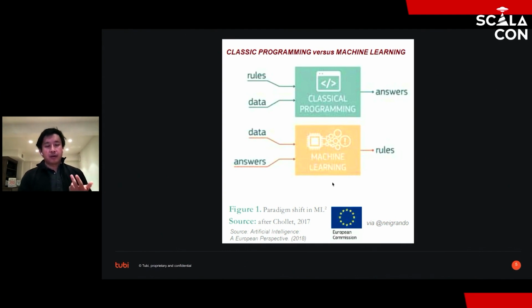And in this view, it goes machine learning. In machine learning, it's kind of flipped around, right? So instead of having this machine learning thing spit out answers, you're feeding answers into the machine learning, and the machine learning is telling you what rules to apply. Now, of course, this is a little bit inaccurate, or at least incomplete, right?